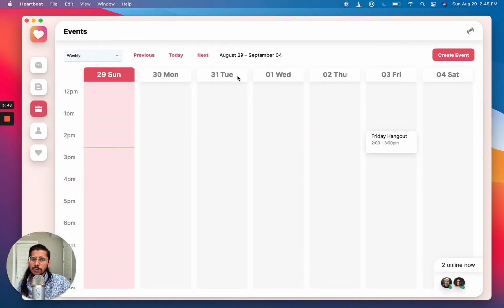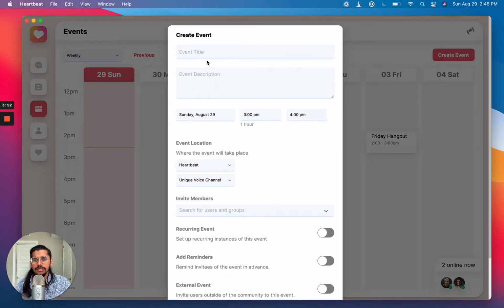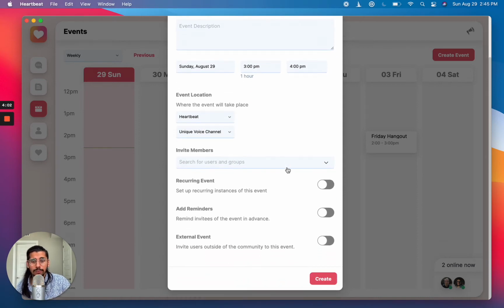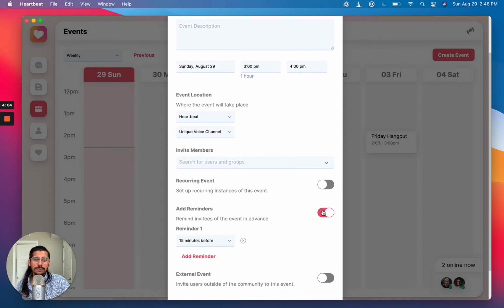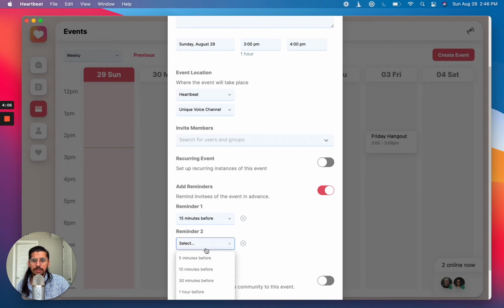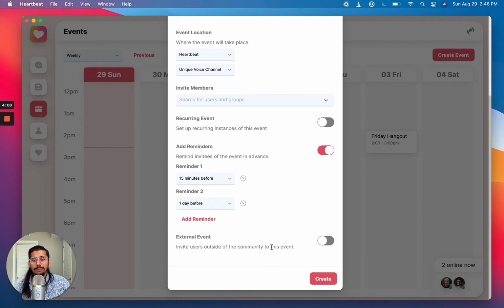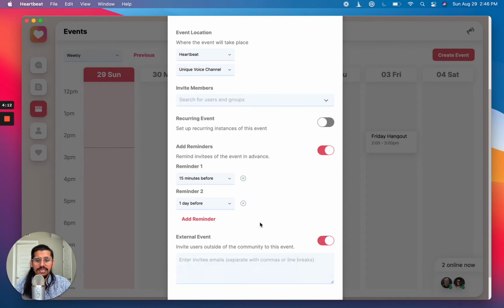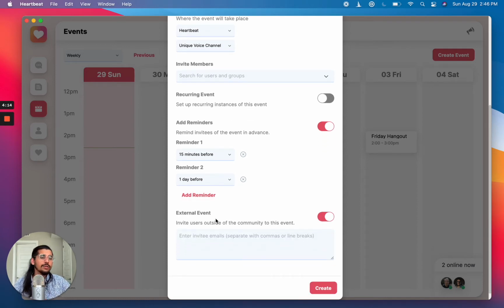And then the last cool thing that we do is events, where you can create events in Heartbeat. You just type in the event info over here. You can pick where the event actually happens. So I can do Heartbeat. We also have a custom Zoom integration too that generates a Zoom link, tracks attendance for you, does a couple other things. You can bake in reminders too if you want to, and this takes advantage of the Heartbeat mobile app, we have push notifications, things like that. You can even send it to people outside the community. So easy ways to create and set up events over here.